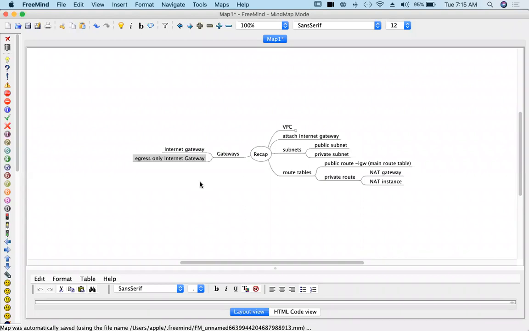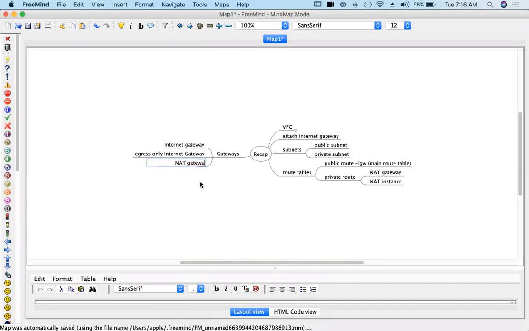Egress means out, sending out, going outside traffic, and ingress traffic means coming into the VPC. So if you want to communicate outside, EC2 instances can send, but we don't want the outside internet to send traffic into the VPC. Then egress-only internet gateways. Now we are talking about NAT gateway, right?